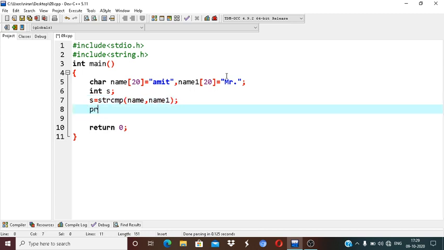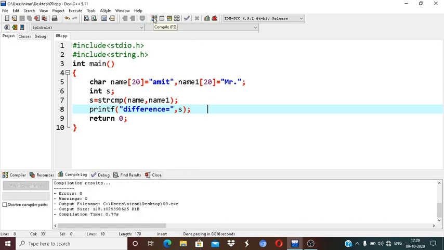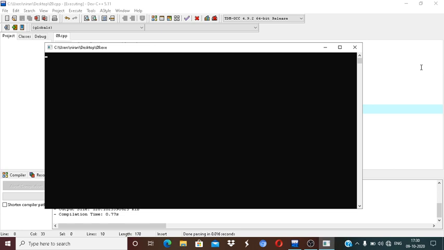If I print this, obviously because the two strings are not identical, the compiler will return the difference between the first mismatching characters, M and A. So by compiling this program, what will be the difference?